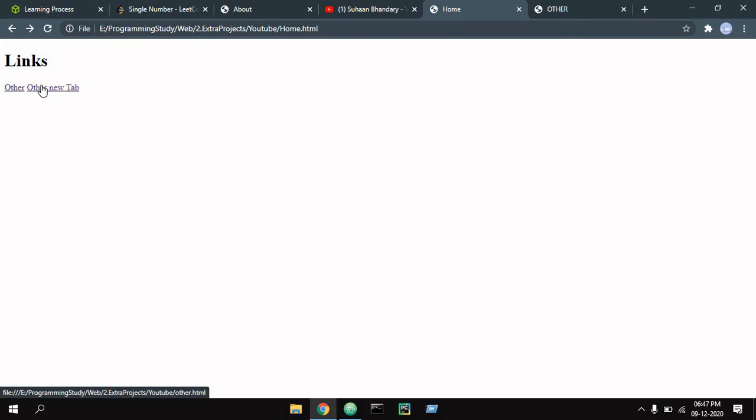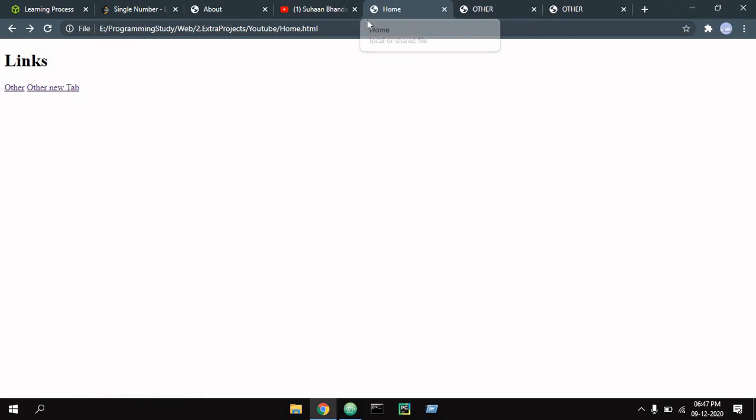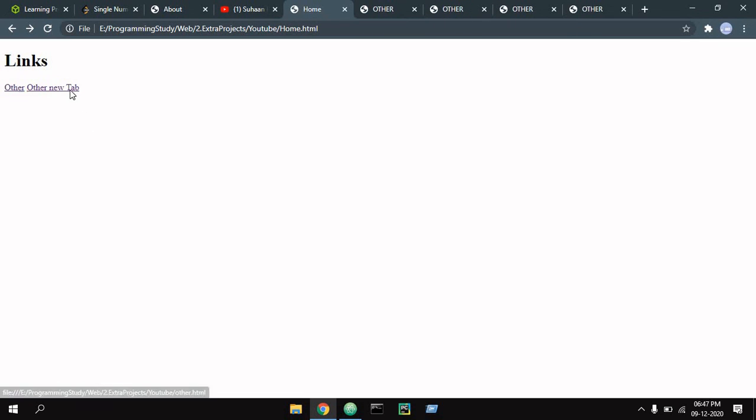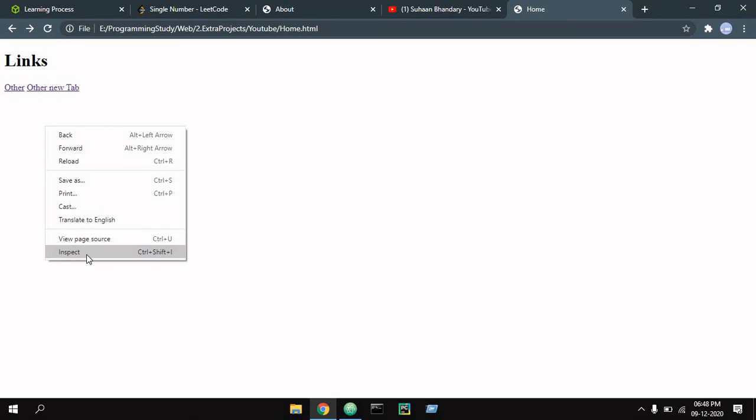But if you add this feature to every link, then whenever we click on a link it will open a new tab, and Chrome starts to lag as there are many tabs open.